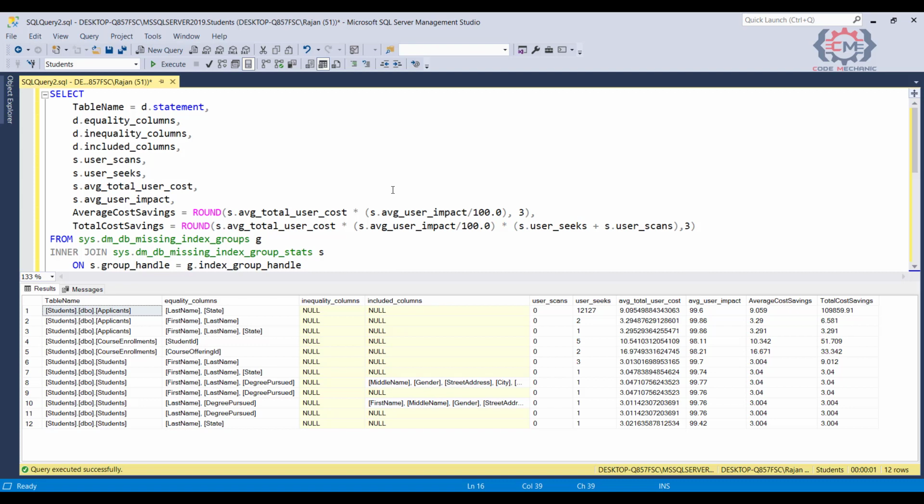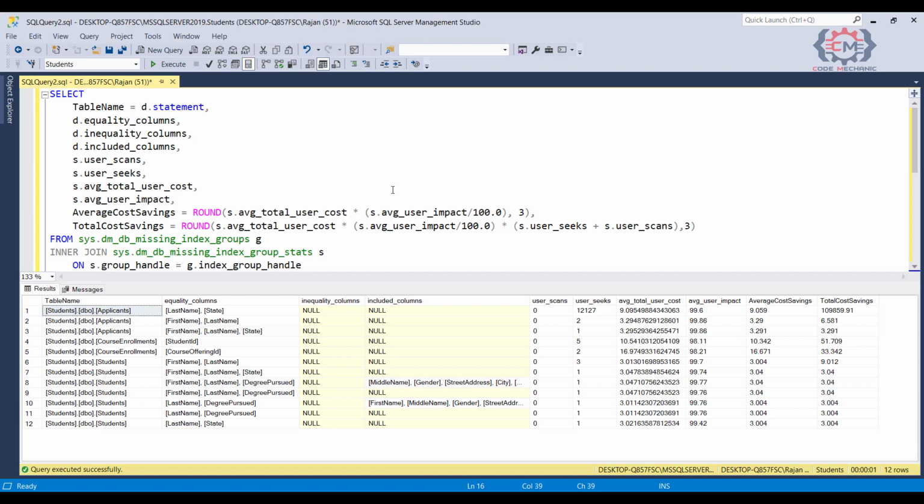So you want to create just one index that contains those common columns. This way, you are creating an index that can benefit multiple statements rather than trying to create an individual index for each statement, which would be inefficient. So when you look at the results of this query, keep in mind that these are just recommendations, and it's up to you to analyze and combine these recommendations together into the actual indexes that you are going to want to create on your tables.